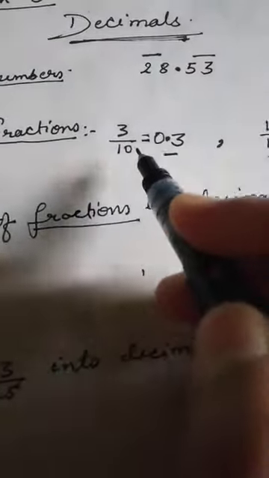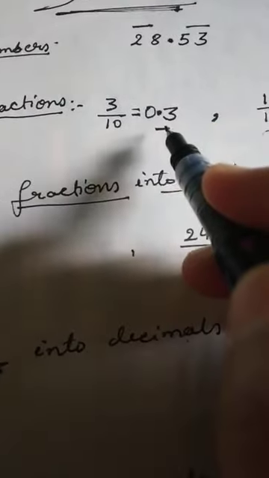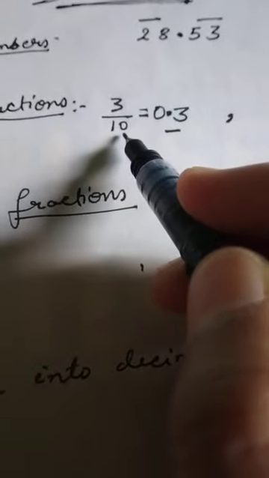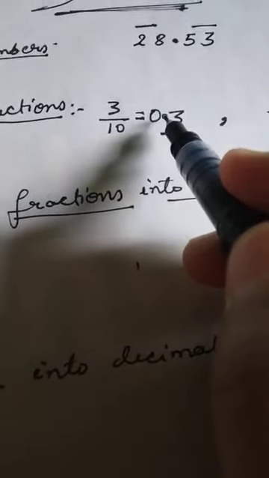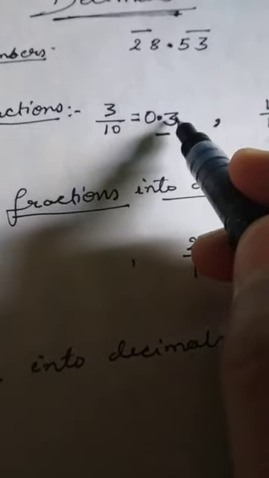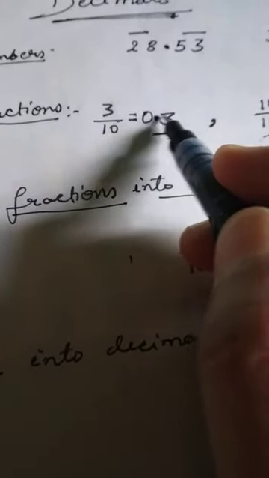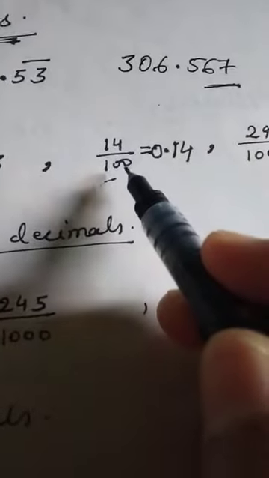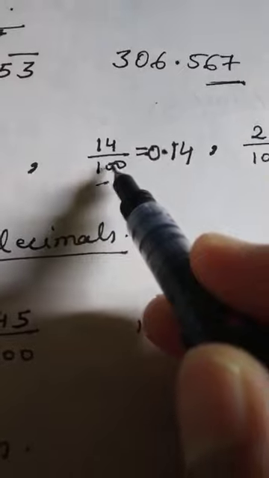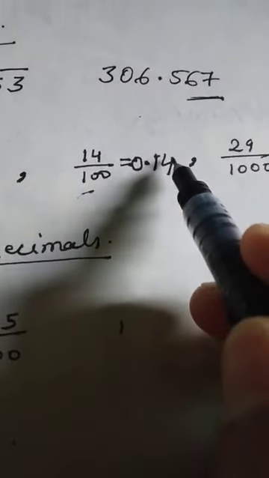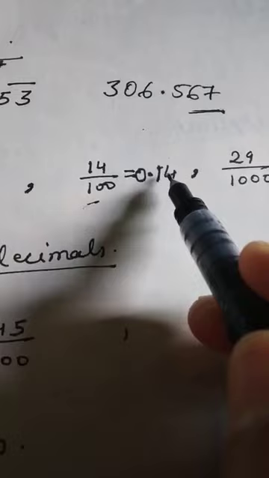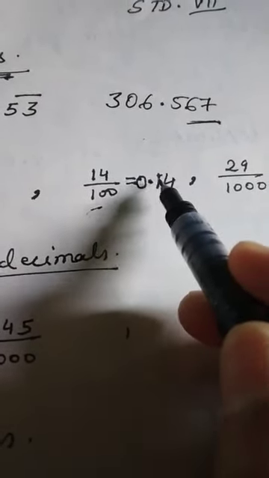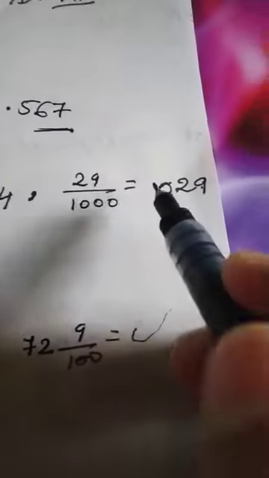But how can we change this decimal fraction into a decimal number? It is very easy. Just see, there is one 0 in its denominator. So we will put the point just after one digit from the right side. So 3 point, and here you can add one 0. And 14 by 100, so here how many zeros are there? 1, 2. 2 zeros are there. So after 2 digits, we will put the decimal from the right side. 1, 4, 1, 2. Here the decimal, you can add one 0 here.